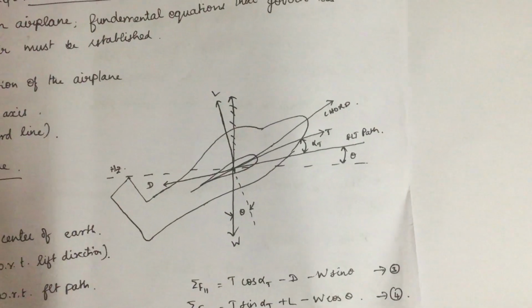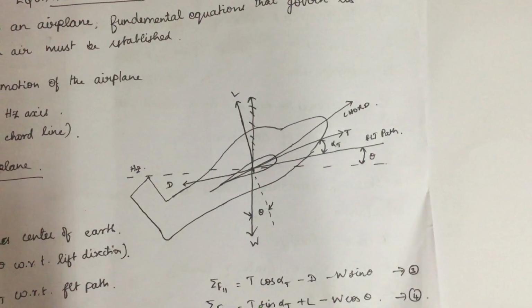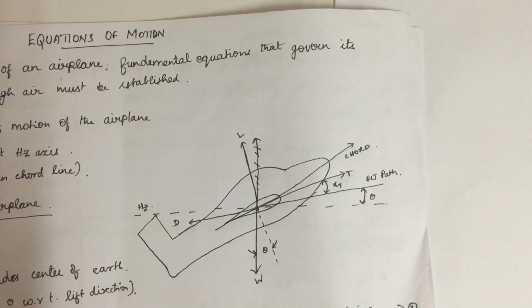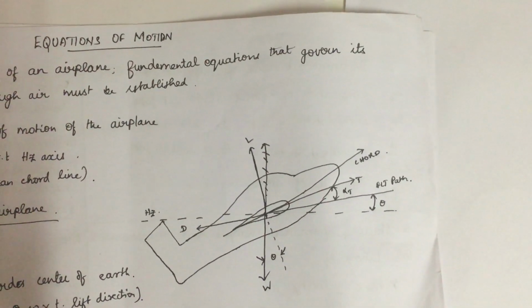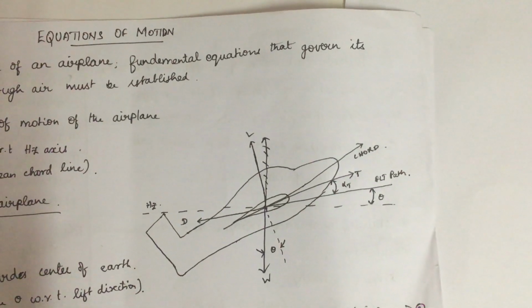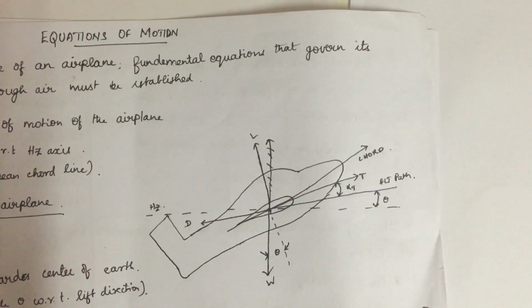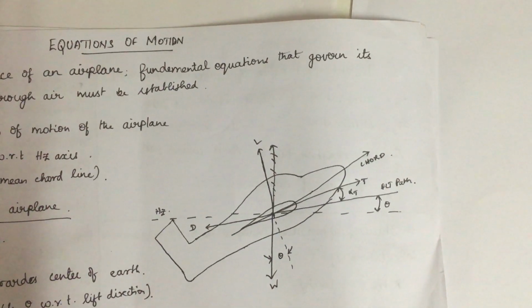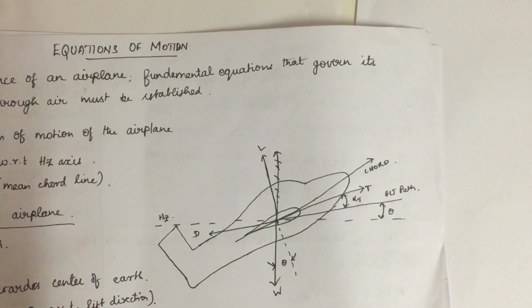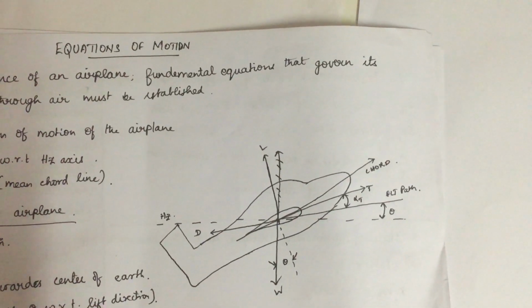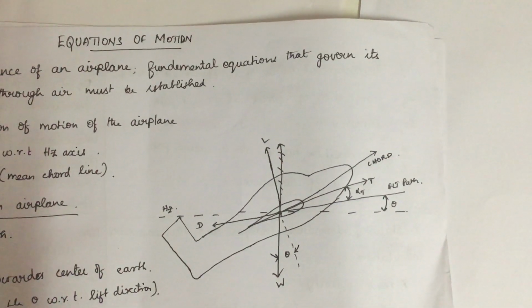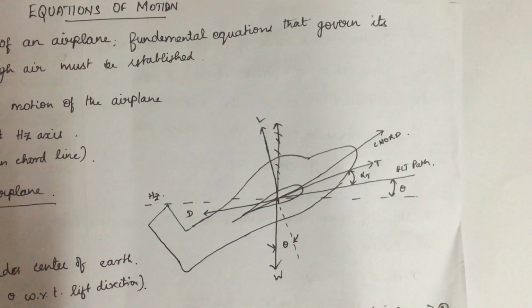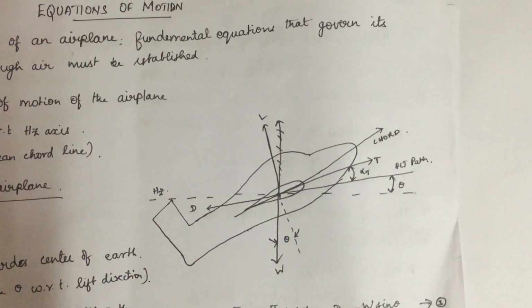If I consider the flight path, though it is straight and level, when you observe it from a long distance, it is going to be a curvature. It's going to be a curved flight path, not a straight path. When we observe things from a distance, we are able to understand that the path is going to be curved and not a straight one. So I'm able to draw the chord, and I'm able to draw the flight path.